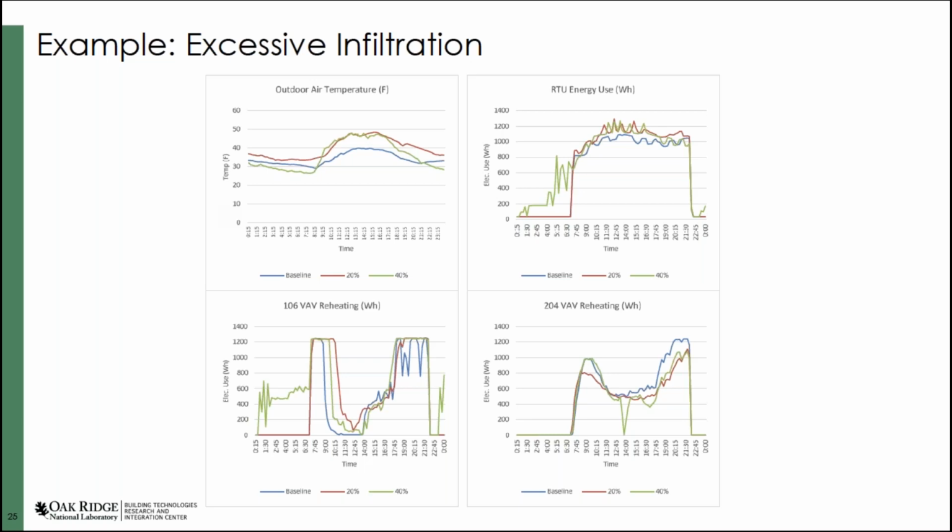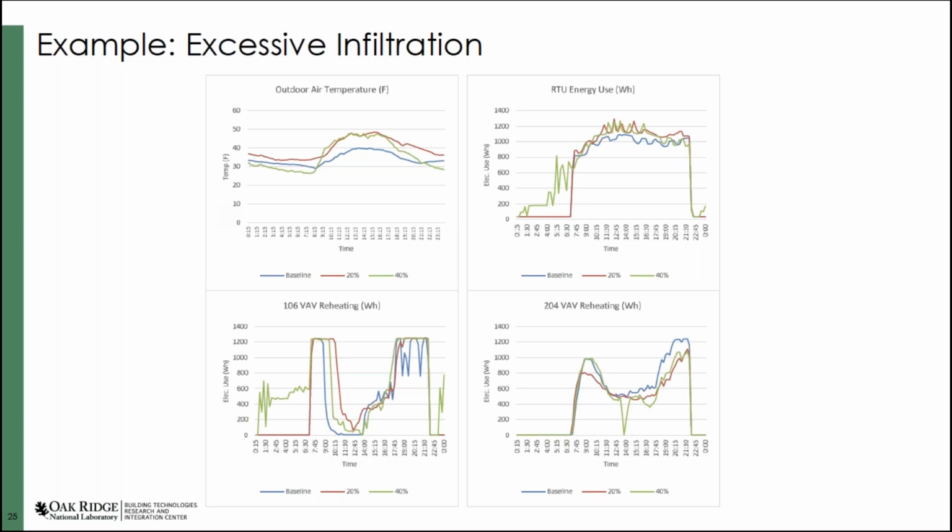So this slide shows the result. We have much more data here, but I'm just selecting 4 key plots to explain the result. The first plot, upper left side, shows the outdoor air temperature during the test. Although those 3 days were in the same week, close to each other, the outdoor air temperature profile is slightly different, which should also be considered in analyzing the fault. We cannot control the outside air temperature, so it's kind of inevitable here. And the second plot,